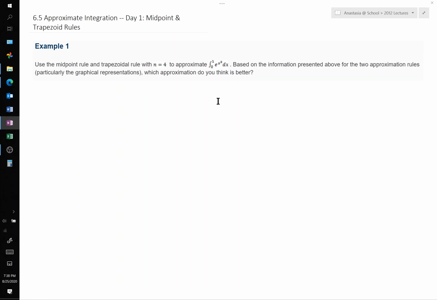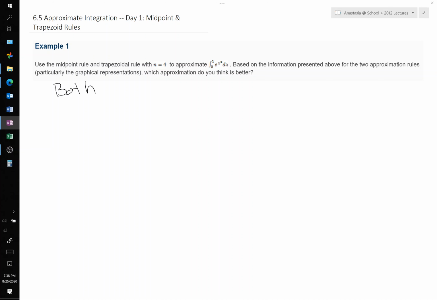So this is one of the really nice things about approximate integration techniques: it doesn't matter if we have analytical methods that we can use. We don't need to do that. So based on the information presented for the two approximation rules, which approximation do we think is better? We will answer that at the end. We are first going to start off with talking about the midpoint rule. Well, really for both of them,